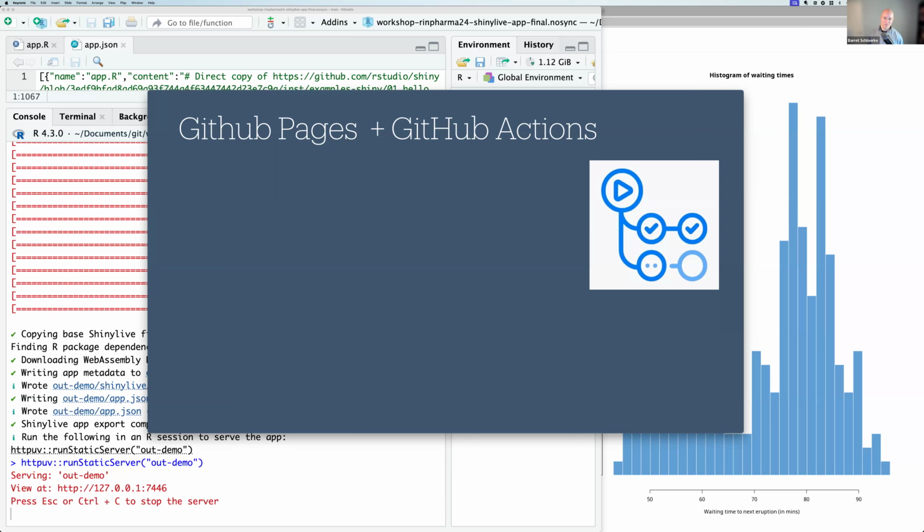So as an open source developer, this is awesome. I can get a free website, free content to be hosted, and it's all tracked through version tracking, which is just great. All right, so GitHub Pages hosts the website,